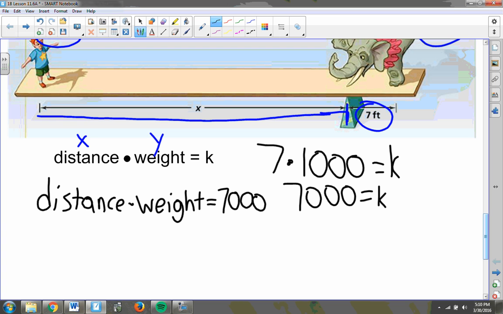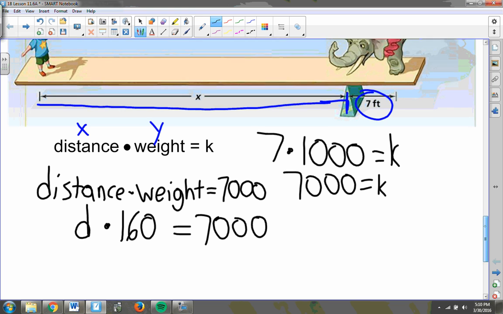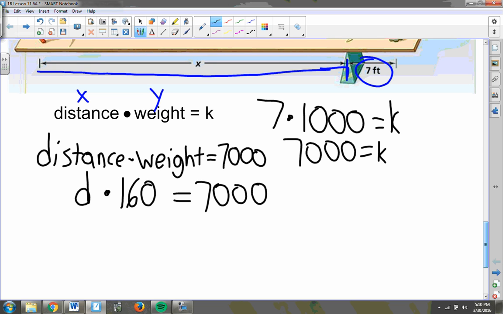Okay. Now I don't know the person's distance, that's my x variable, so I'll just say d. But I do know the person's weight, that's 160. Okay, so the distance, however far away that they should stand, times 160 pounds needs to equal 7,000. Because the distance and the weight need to vary inversely. So if I divide 7,000 by 160 to get d all by itself, I get that d equals